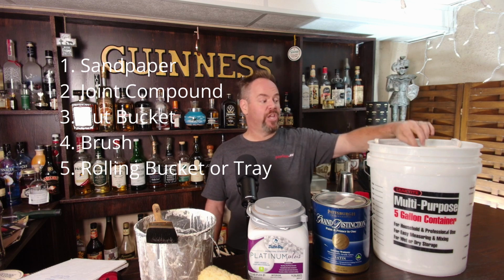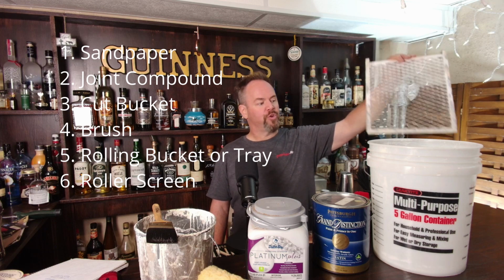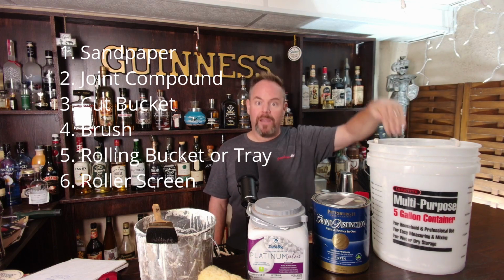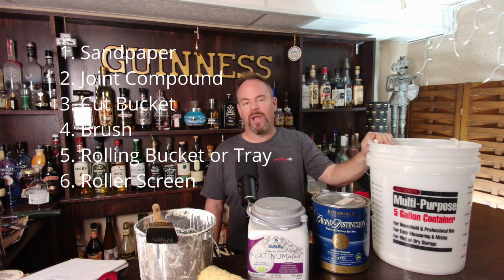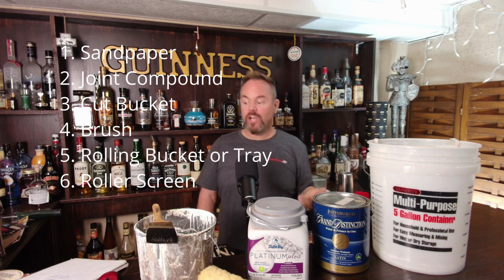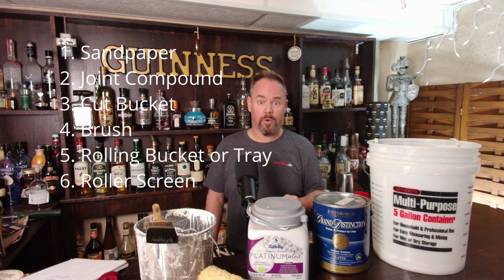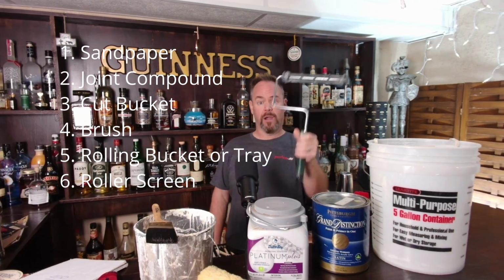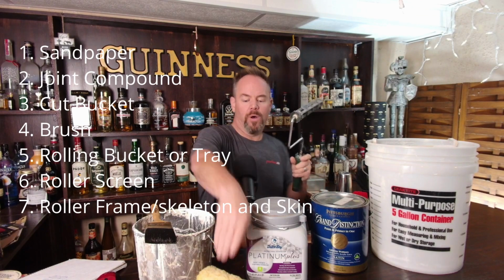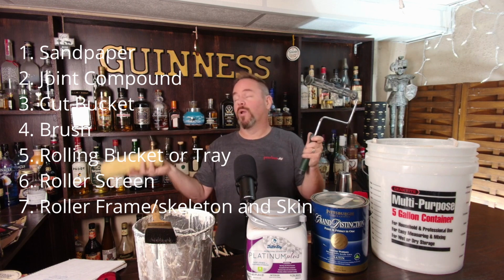The next thing you're going to need is a roller screen, okay? The roller screen is what you use to get the excess paint off the roller before you put it on the wall. This might run you $8 or $10. They're not that expensive. Okay, and then you're going to also need your roller. Your roller comes in two parts. Okay, your roller comes in the roller skeleton. That's this right here. All right, and then you also have what's called your roller skin, or roller sleeve,